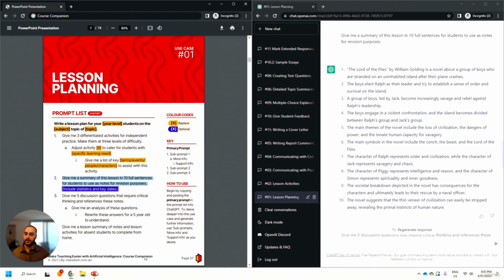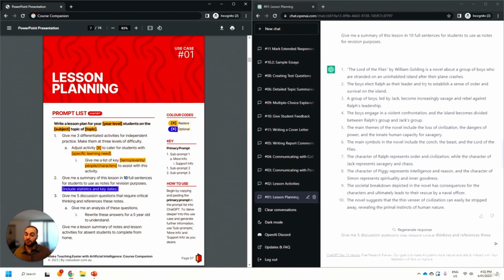Now, I want to have some advice here. I actually haven't put an option behind the number 10. And this is because I've experimented with ChatGPT. If you ask it to summarize a particular topic in 15, 20, or 30 sentences, it starts to decrease the quality of the output. And I find that 10 full sentences just hits that sweet spot to be able to produce quality information in a quality summary.